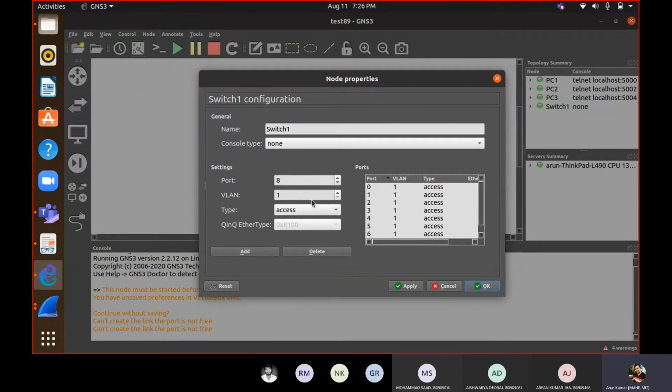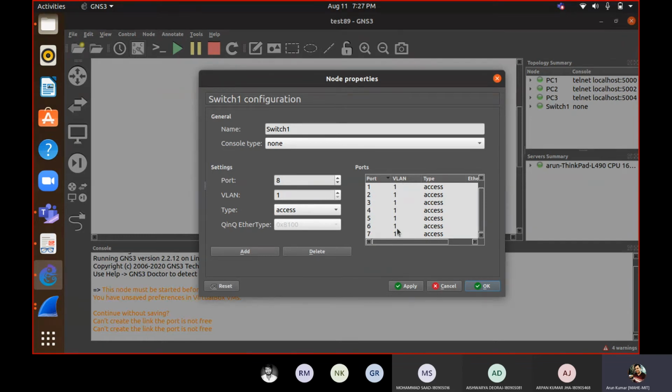Now all the things which are linked with this switch are part of the same LAN. Even this switch, once we understand the virtual LAN concept, we will use the same switch. There you can change the number which you give to the VLAN. Here the number given to this VLAN is 1. So all the devices which are connected to it right now, all these ports, 0, 1, 2, 3, are all part of the same LAN, VLAN 1.